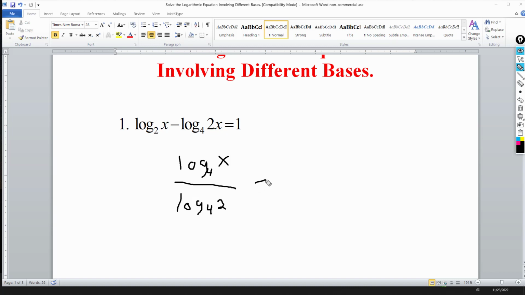And this will be minus the other one. I'm going to leave it, because now I have the same base, and that's what I'm looking for: log of 2x to base 4,